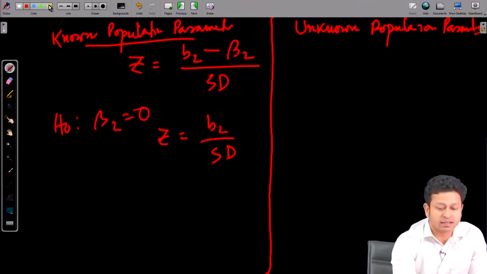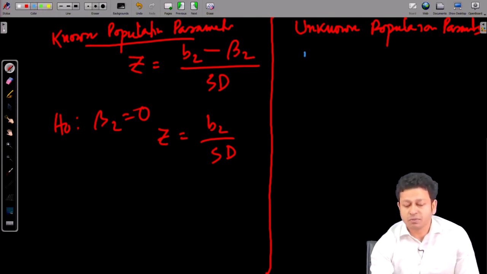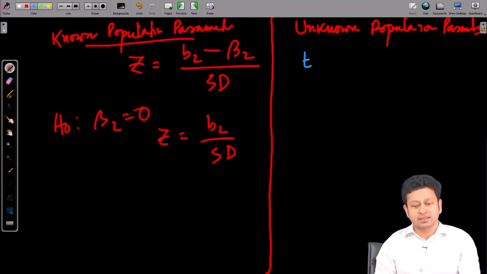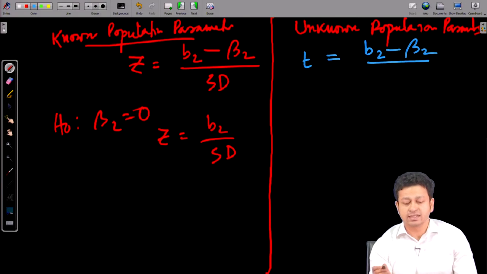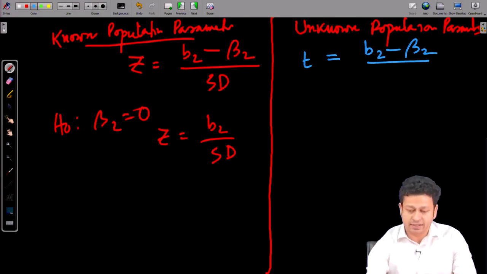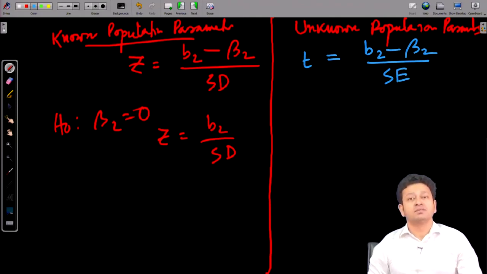Let me use a different color for this part. So for an unknown population parameter, what you use is a T statistic. Again, the idea remains the same. The only thing that differs here is the standard error term, where you have the standard error, which you actually estimate from the